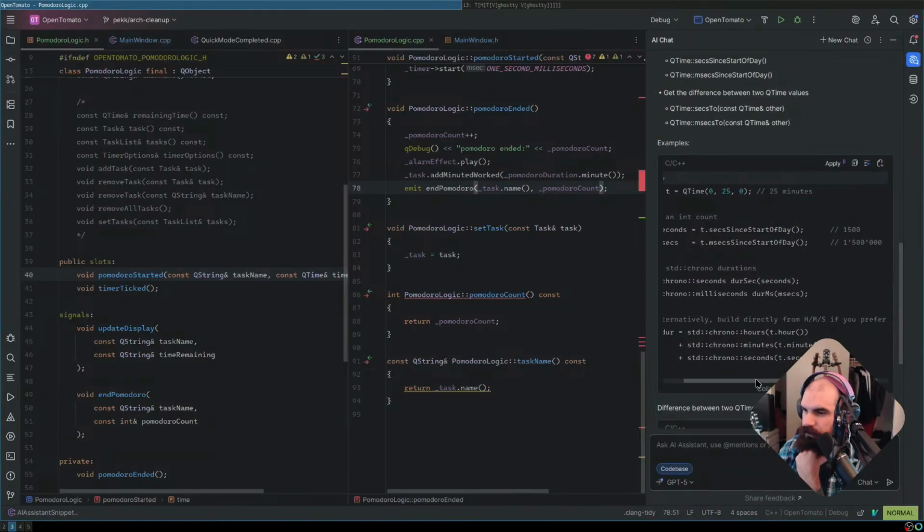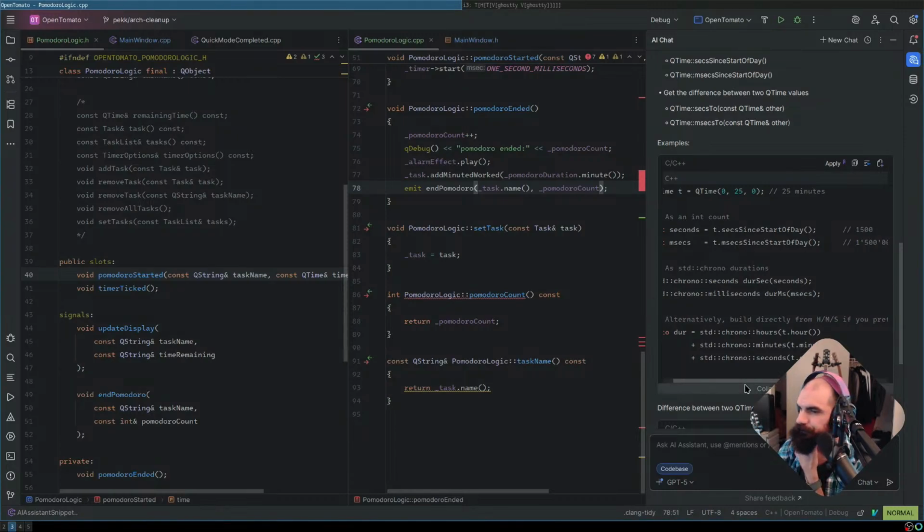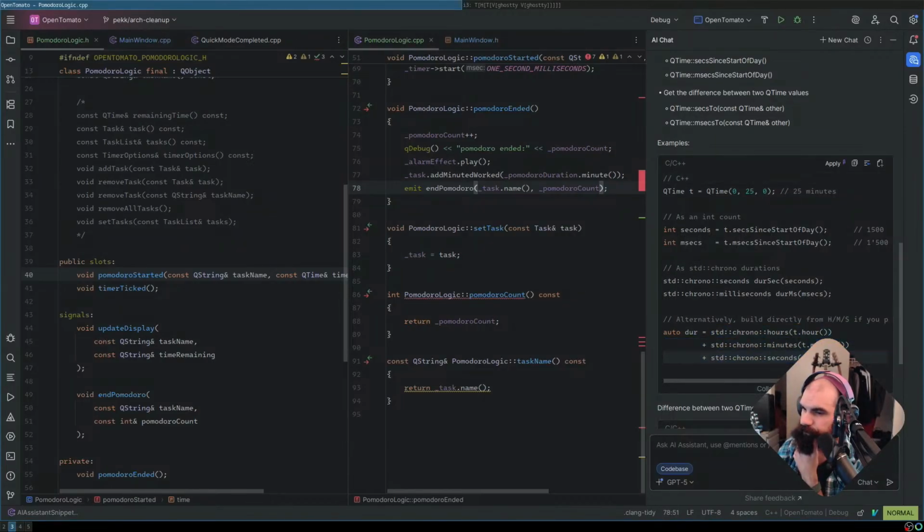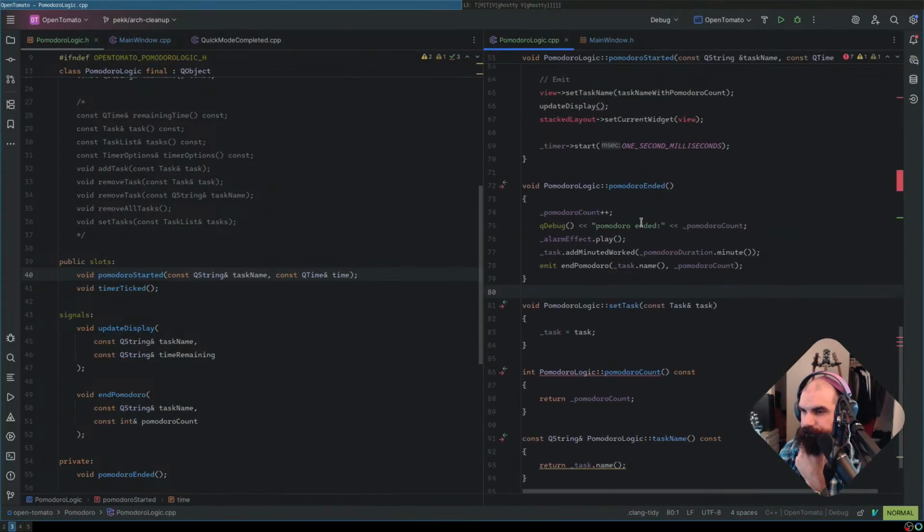Alternatively, build directly from hours, minutes, seconds if you prefer, using standard chrono. Well, that's interesting. Okay, this is actually a good idea. We can delta, because that's really what we would want.